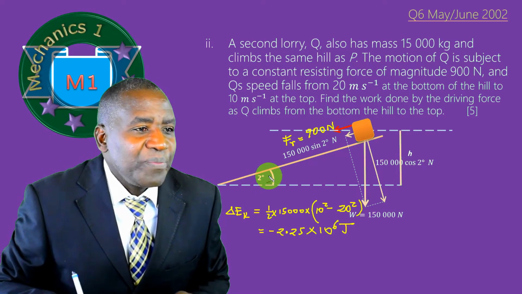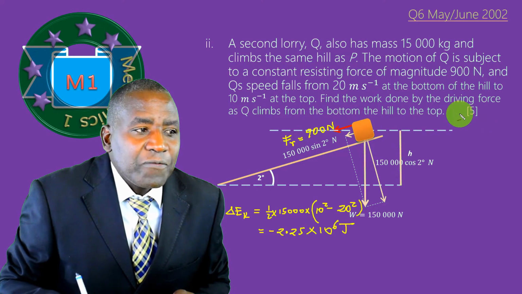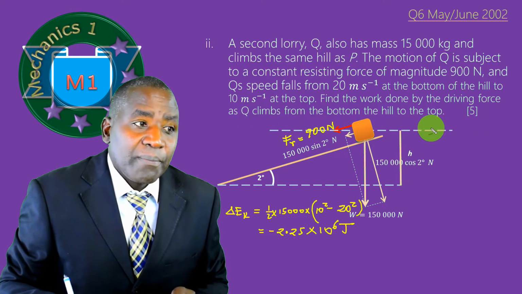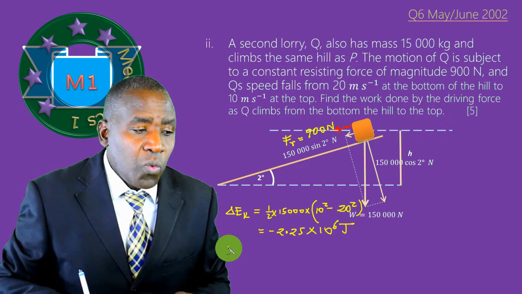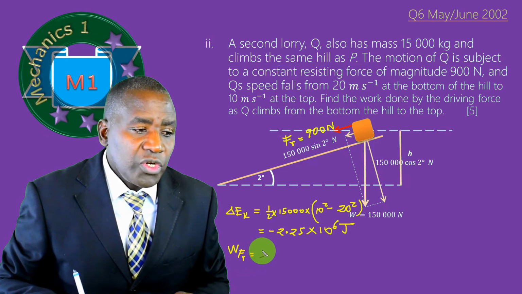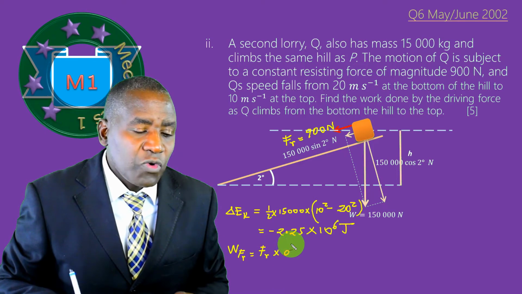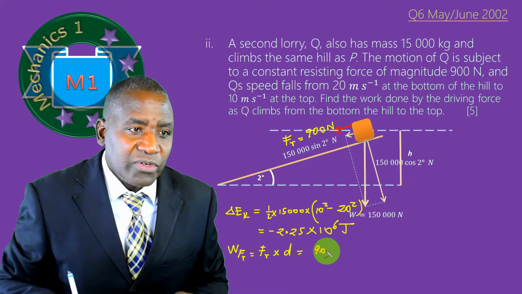Okay, let's see what we've been asked to calculate. Find the work done by the driving force as Q climbs from the bottom of the hill to the top. By the way, all the other factors are known. Work done by frictional force is going to be equal to the frictional force times the distance moved by the frictional force. And this one will be 900 newtons